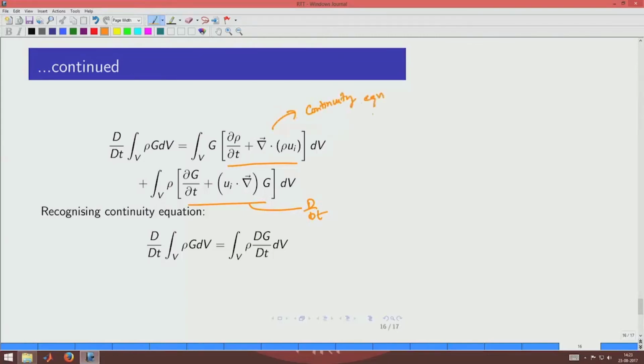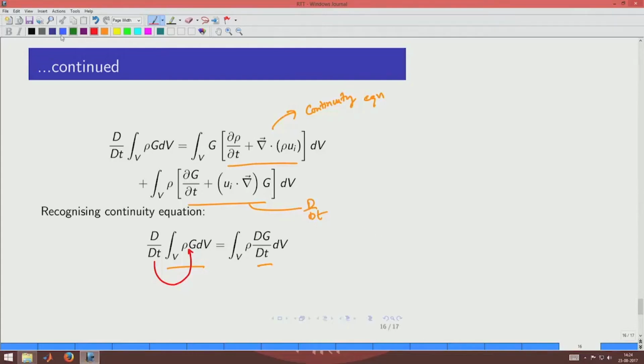Okay. So what happens is that the left hand side, d by dt of integral rho g dV, is equal to the integral of rho into dg by dt dV, which means that whenever you have got a material derivative with integration where one of the quantities is rho, then when you take that in, it should go like that. Okay. So it goes in here. So the rho is coming out. The reason is that the continuity equation is actually knocking off the terms that correspond to the differentiation with respect to rho. Okay. So now this is very valuable because this gives us a hint that when we have a term like this,